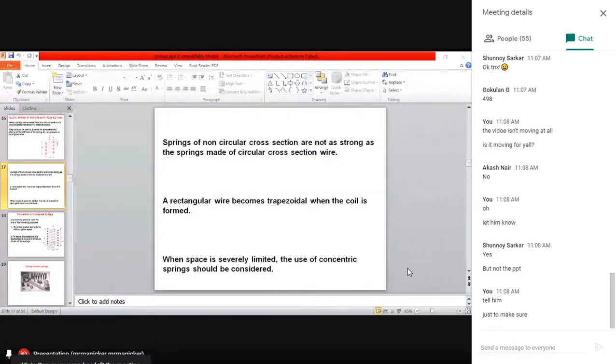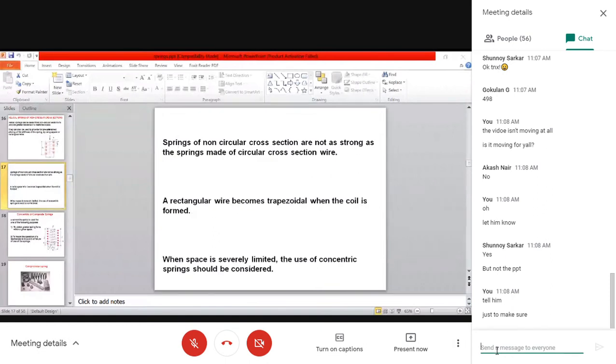You can have one more equation that we'll also consider. There is another equation for K. The K is related to this equation. You can note down this K is equal to 2 into (D by small d) raised to 0.25. This equation is also there in the data book. And after calculating this, you can standardize the wire diameter. Table 11.2 is there. Then you can have a mean coil diameter, inside diameter, outside diameter.